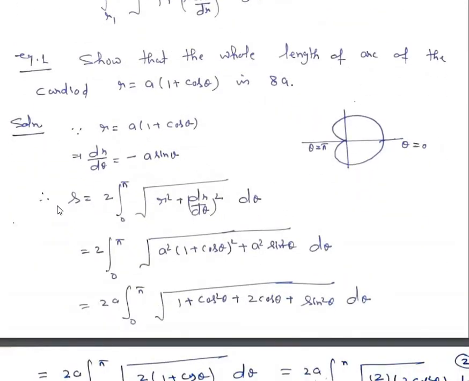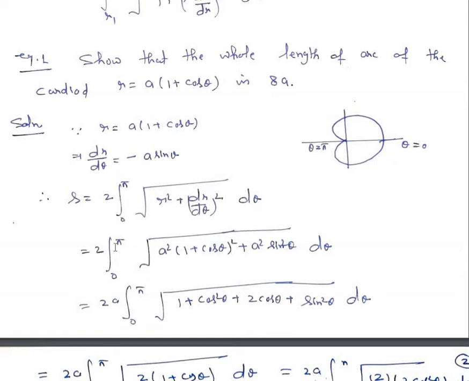Let's take few examples. Show that the whole length of arc of the cardioid r is equal to a into 1 plus cos theta is 8a. Now if it is this curve, this is well known curve, r is equal to a into 1 plus cos theta. Now we shall find out length of the upper portion and then multiply it by 2. Now since r is equal to a into 1 plus cos theta, so therefore dr upon d theta is minus a sin theta. Therefore s is equal to 2 times integral 0 to pi under root of r square plus dr upon d theta whole square d theta,